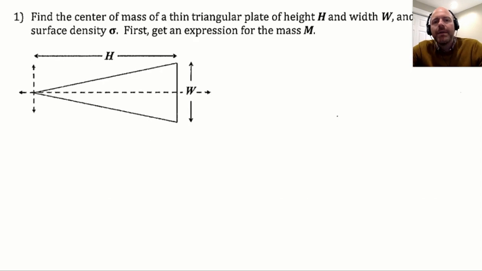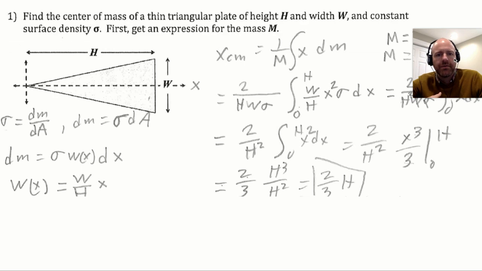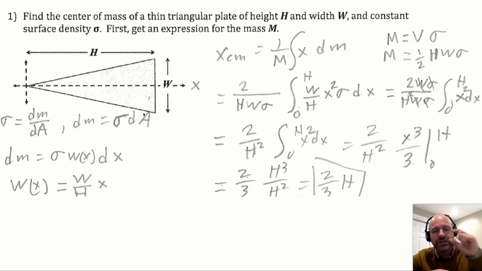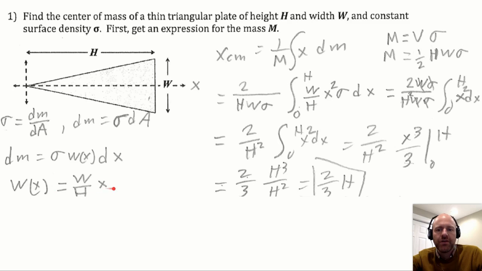So if you take a triangle, this is a surface density, sigma. We want to think about what we have here. Well, the first thing to consider is that if it's a surface, sigma is dm over A, so dm equals sigma times dA. And if I want to know the way mass is related, area is really just width times dx, right? That's what this next line is. Here, I'll use my laser pointer. But of course, the width can be found as a function of where you are with x. When x is 0, the width should be 0, and when x is h over here, then the width should